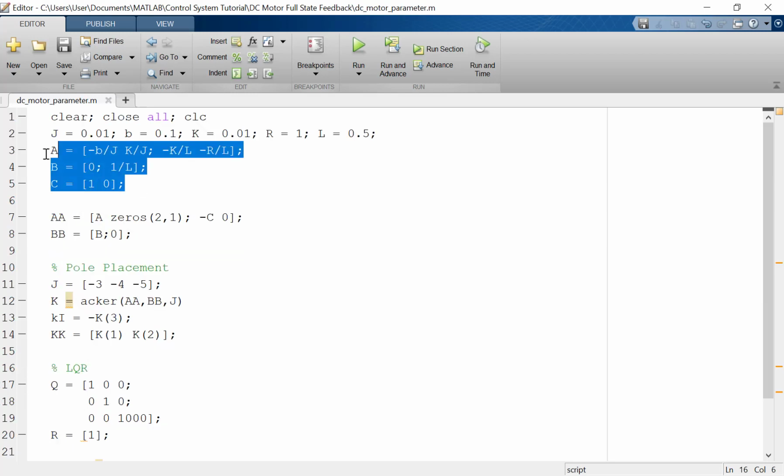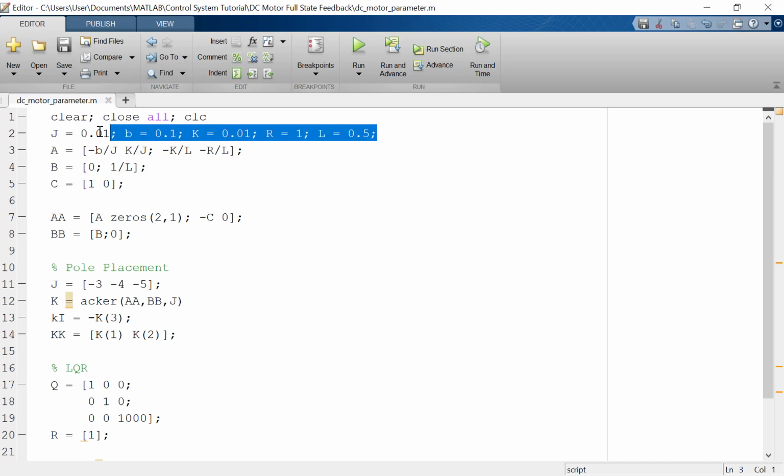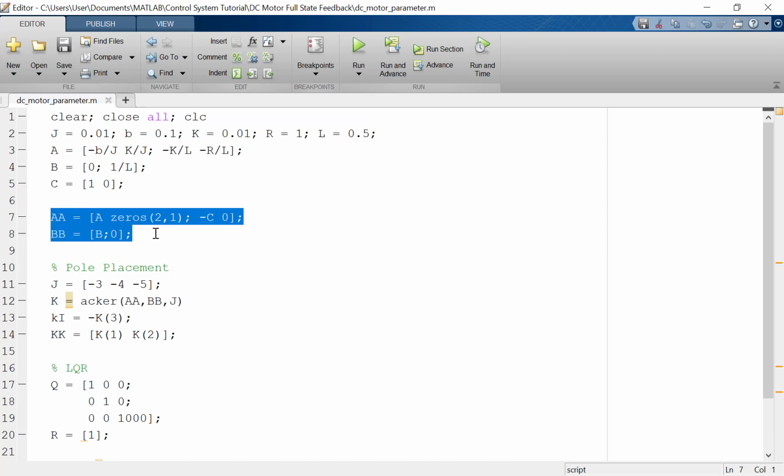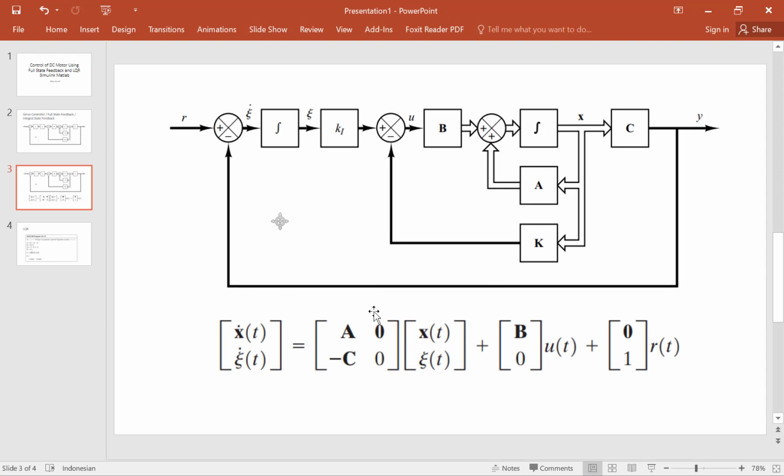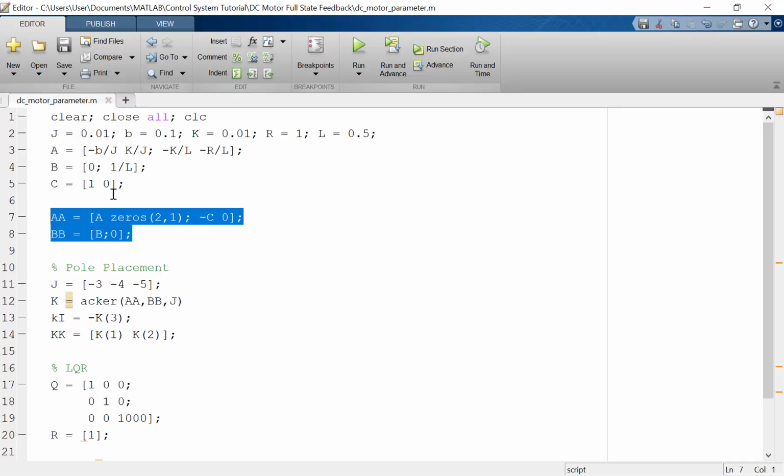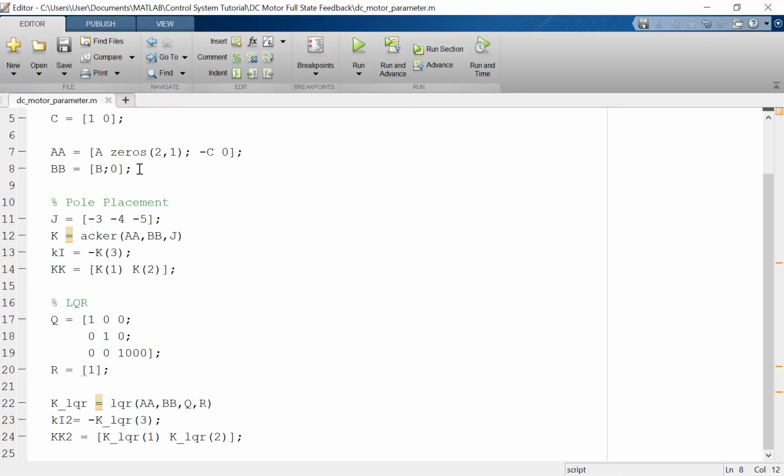This is the DC motor model in state space. These are the parameters, so you can write them in your MATLAB, and then this is the new state with the error state. From the design here, you can make the new state. I have made it. This is the new state you can write in your MATLAB editor.